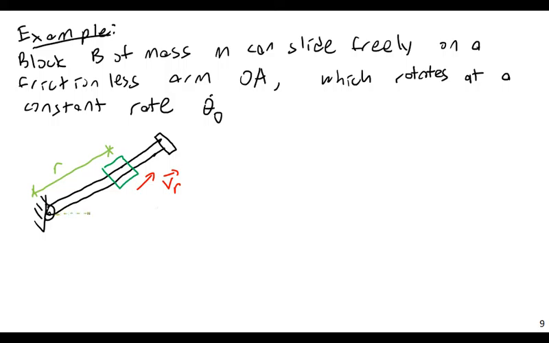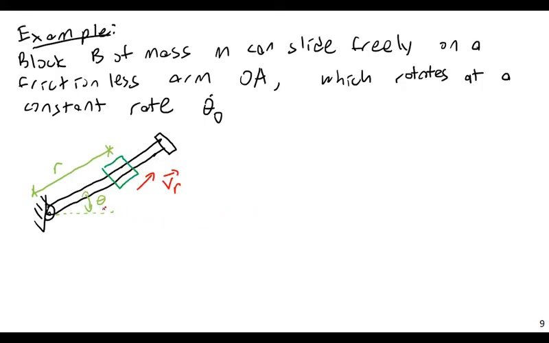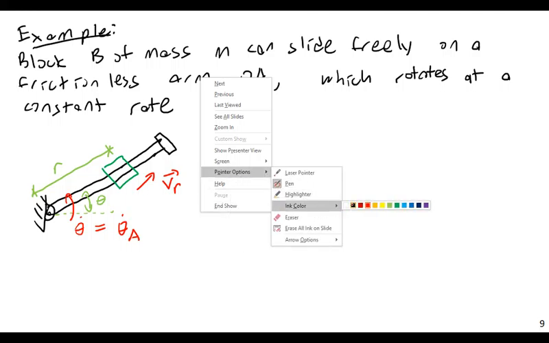And this will be my theta, my measure of angle at any given time. And also, theta dot is rotating this way. So all of this is given. Theta dot is simply going to be a constant, theta dot A. So this is a rigid rod, rotating at a certain angular velocity in radians per second, and this thing is moving there. So all this is given, and I want to find